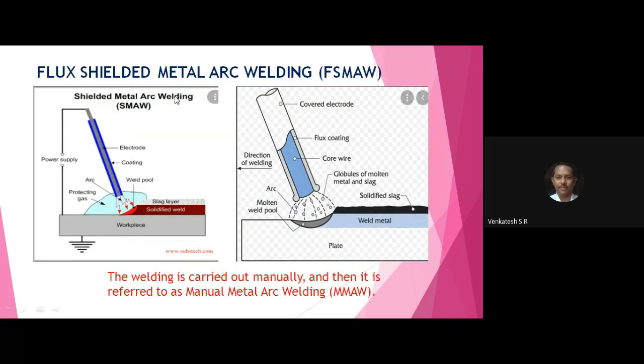Next, this is also flux shielded metal arc welding. The same type of process. Please, all of you write down flux shielded metal arc welding. That is the same, but they have mentioned arc welding is different and flux shielded metal arc welding is different. All of you observe. Please write down. This is also the same as arc welding. The electrode has a coating made of iron oxide and beryllium, and they use the transformer. All of you observe here.